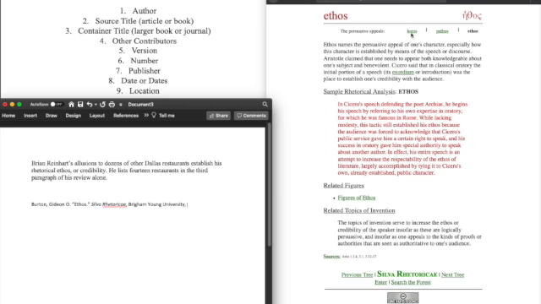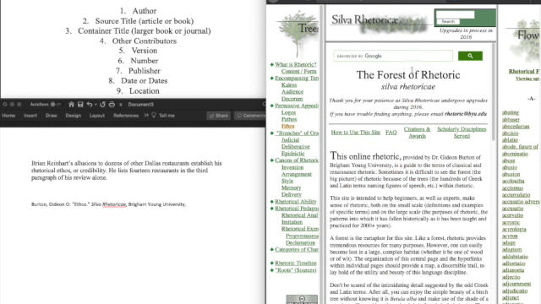We also know from the first page, the opening page, sometimes you'll have to go back to that first page, that this was last updated in 2016. And so that's the date that we're going to use. If there are multiple dates, you can put the most recent update first and then put the earliest date you can find in parentheses afterwards.